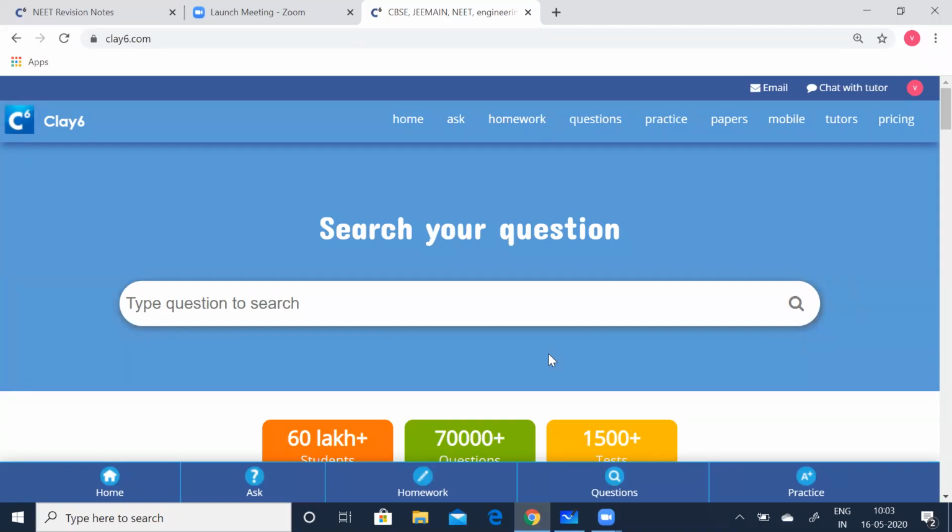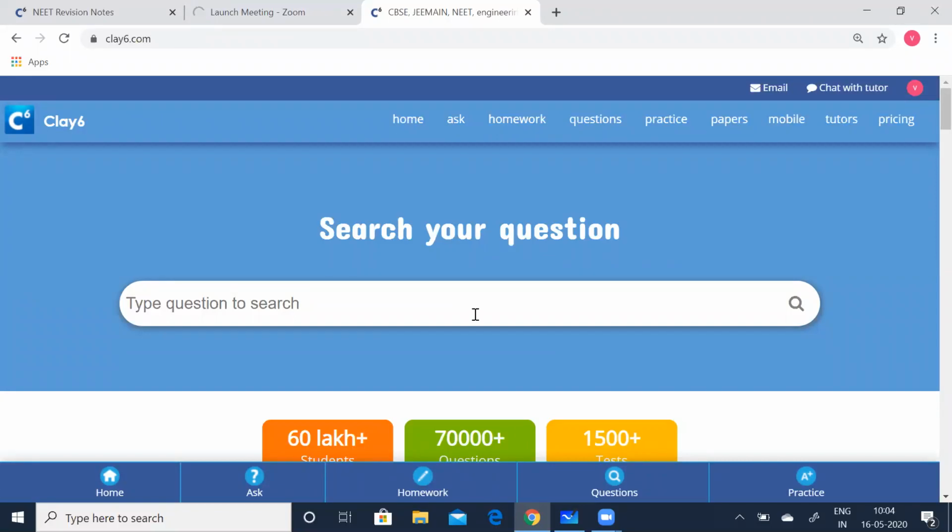Today, I'm going to deal with the chapter Systems of Particles and Rotational Motion. I'll be covering all the formulae and the essential things you'll have to remember to crack the NEET exams, the physics part. The weightage for this is approximately 2%. So you can expect one question from this chapter.